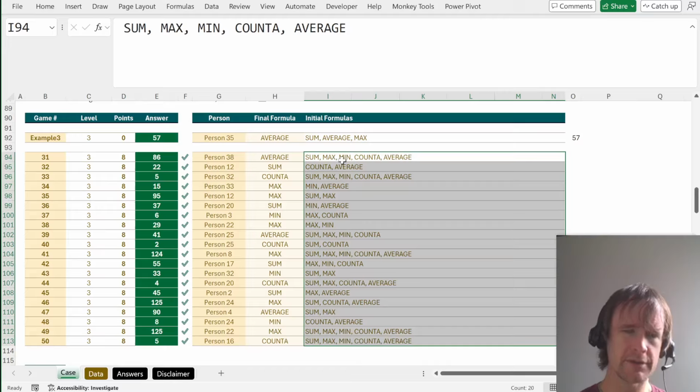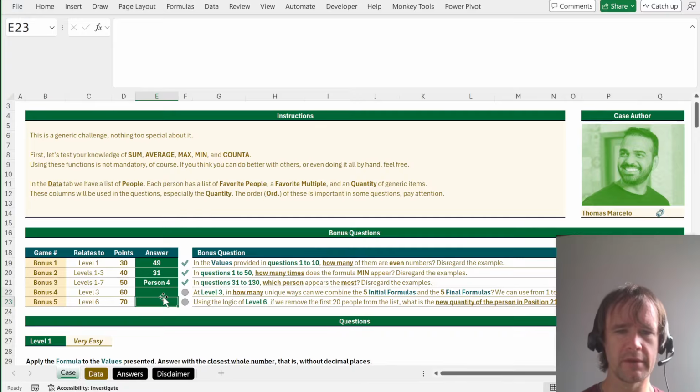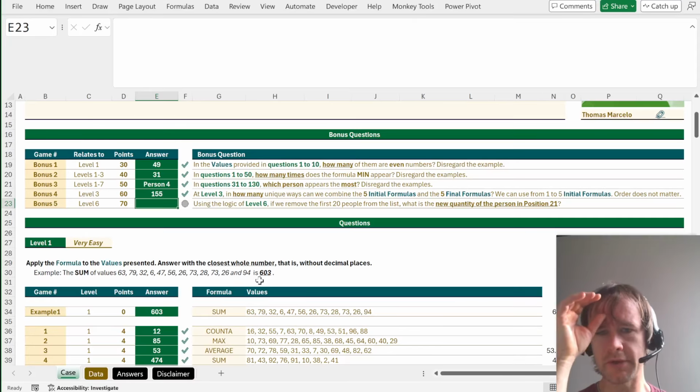So then the number of ways that you can pick up to 5 but not 0 of these, basically 5 different choices of is it in or out, which is 2 to the power of 5, 32, minus 1, because presumably there's no option to have 0 functions here, times 5 different ones here. So I think the answer is 165, or 5 times 2 to the power of 5 minus 1. It is. Okay, using the logic of level 6, if we remove the first 20 people from the list, what